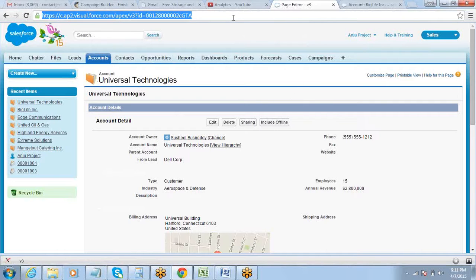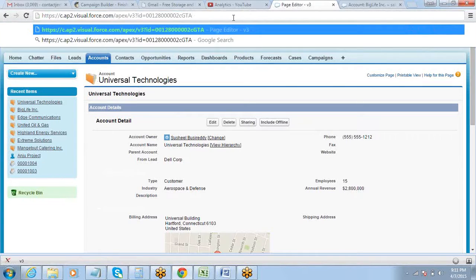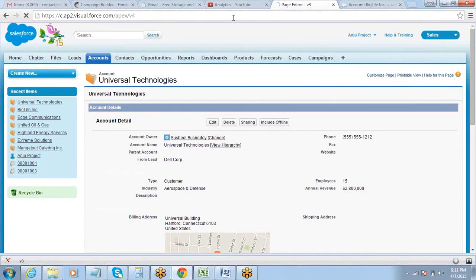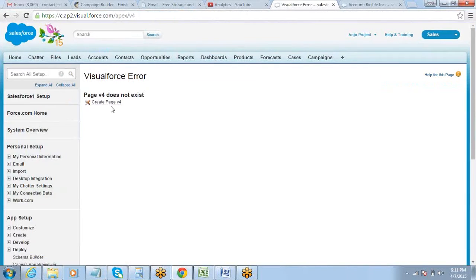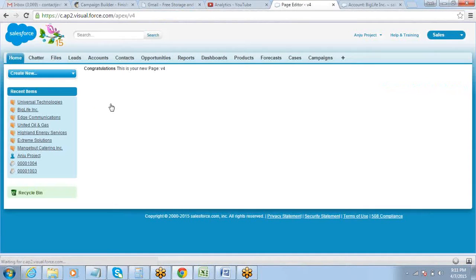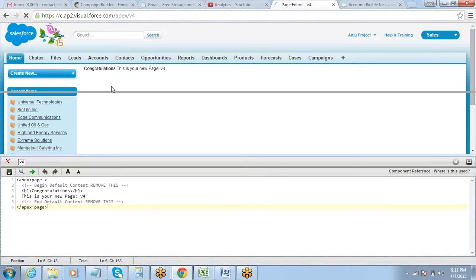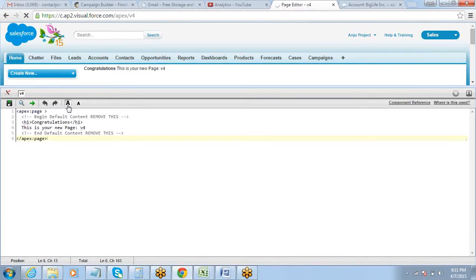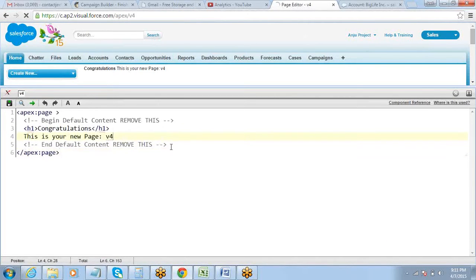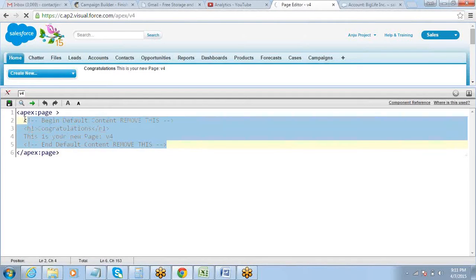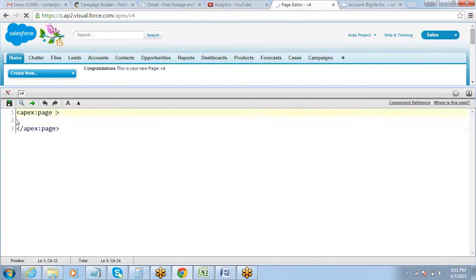So that's the example that we're going to do now. So let me just go ahead and create another page. So same example. Okay.